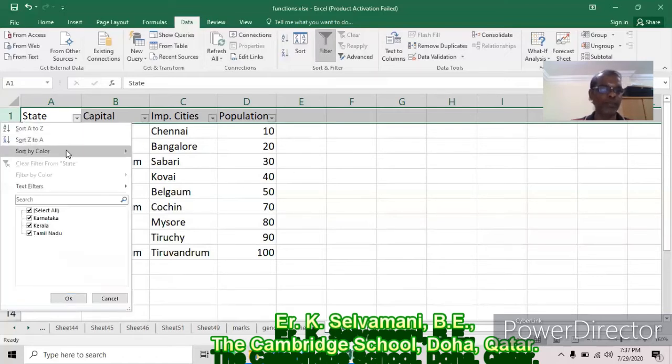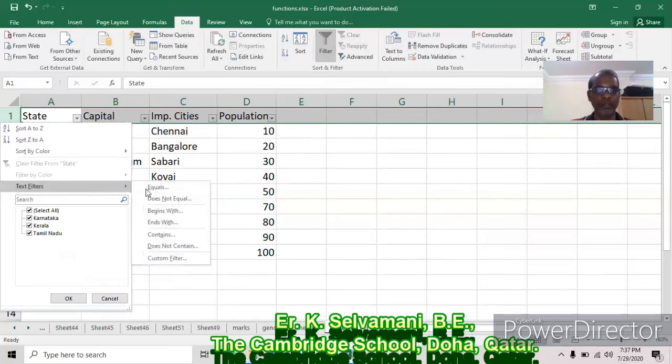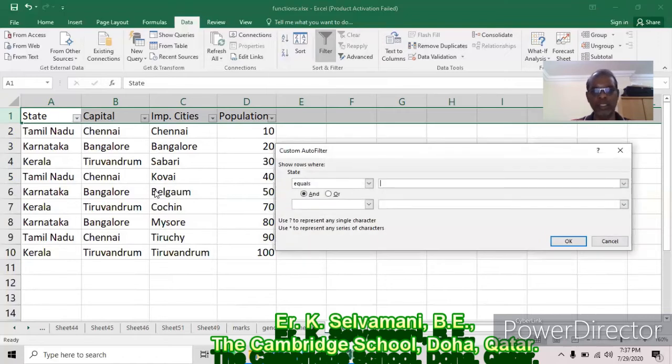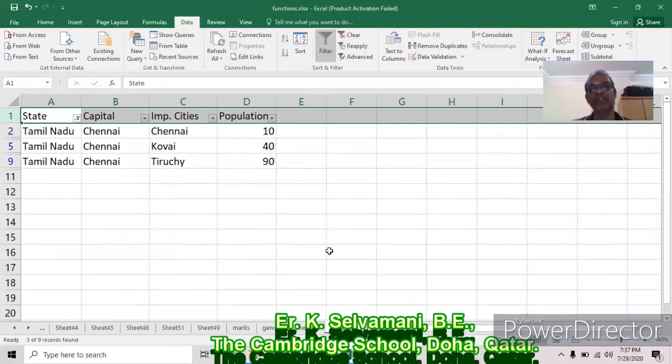If you want to apply a filter, select this one, click Filter, and then select this one. One more thing, text filters: whatever we studied earlier, we can apply here also. Show rows where state equals Tamil Nadu. Simply click OK. Tamil Nadu will be displayed.